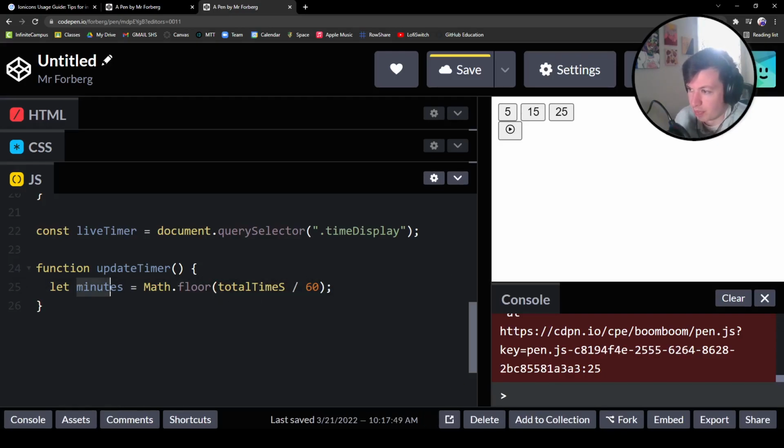So now that we have our minutes set, we are actually going to format those minutes because they're going to come out. We'll format them in a second. Let's get our seconds next. So we're going to do let seconds is equal to, this is just going to be our total time